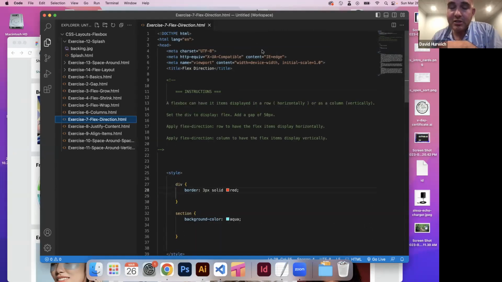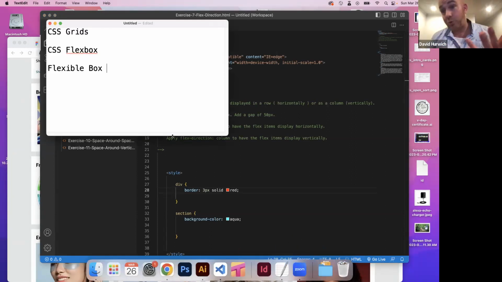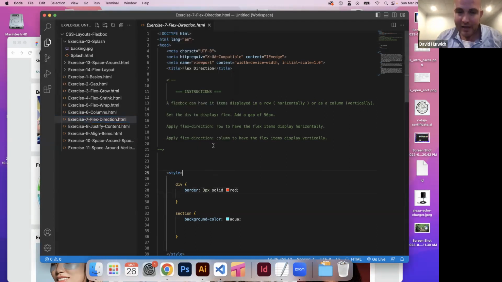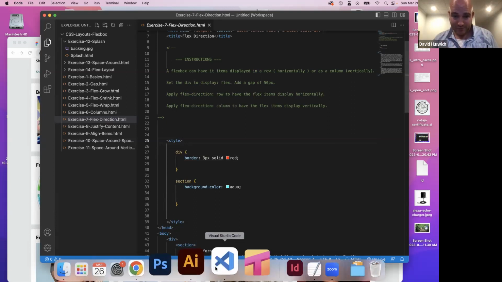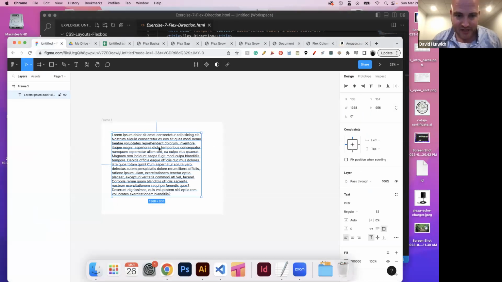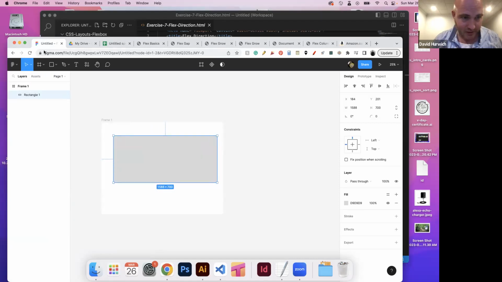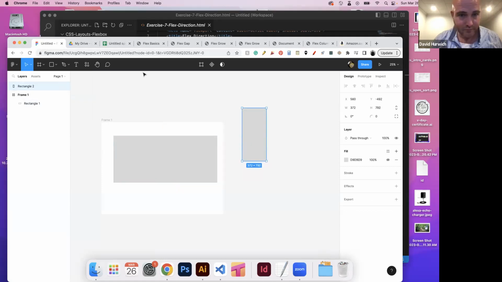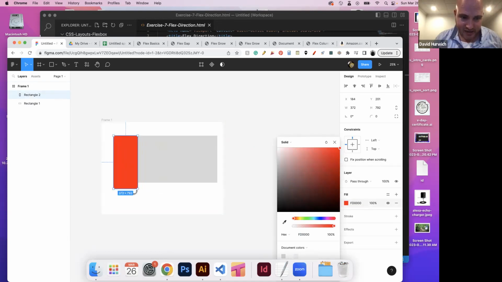All right, everyone. So last section we started talking about the concept of a flex box or a flexible box. The next thing we're going to talk about is what is referred to as the flex direction. Normally the way it works is that when we have a flex box, let's just say I'm going to use Figma as my sketch tool here. So let's say I had a bunch of columns, or a bunch of items,